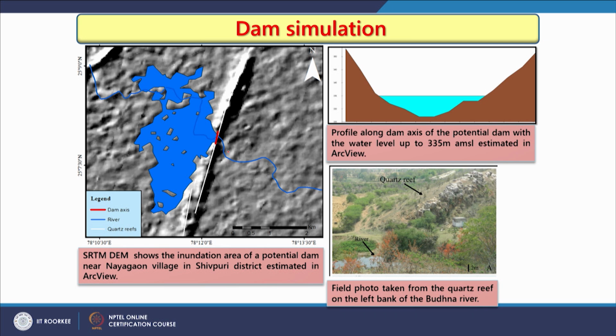So, once you have decided, say at this location with this length and this height, this is the submerged area. Similarly, in this topographic cross section, you would know how far the water will reach, what would be the wetted perimeter, and how the dam will look in the dam axis. So, this is the area which has to be filled with rocks or materials or RCC, whatever, so that the dam becomes of this height. This is the inundated area, and of course then the benefit area, and this is how these quartz reefs sometimes look